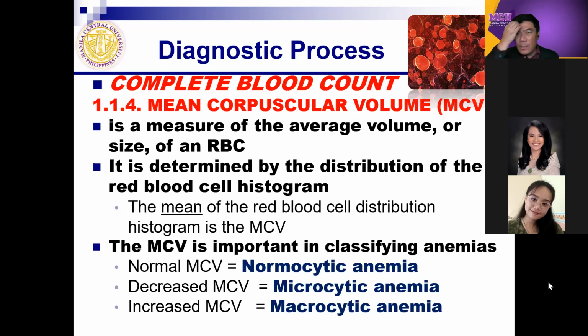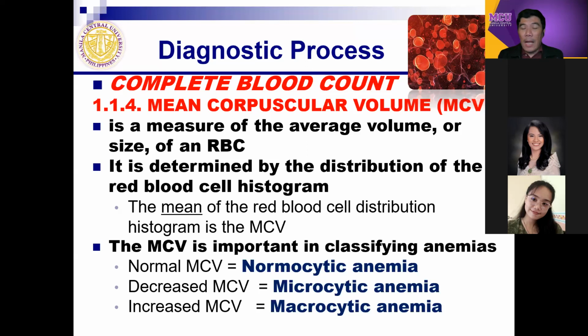Okay, so let us now continue our discussion. So now we'll proceed with our discussion on the red blood cell, specifically on the hemoglobin and hematocrit. We will now proceed to what is being measured for MCV, or mean corpuscular volume. If we are talking about a problem with a decreased level of RBC and decreased level of hemoglobin, we're gearing